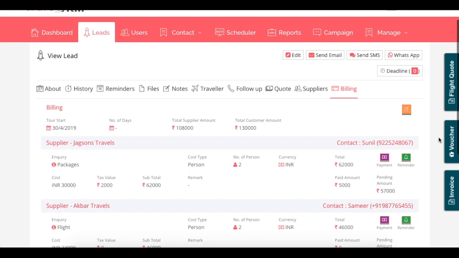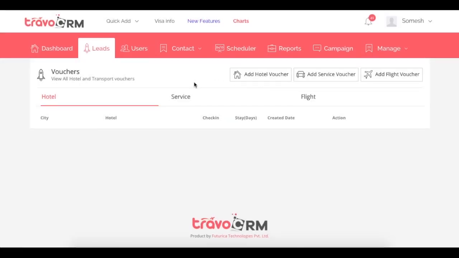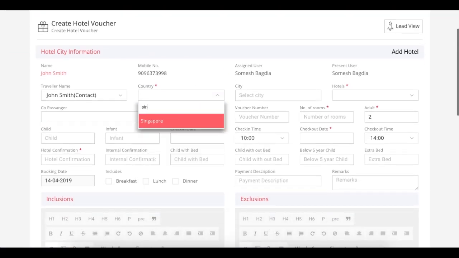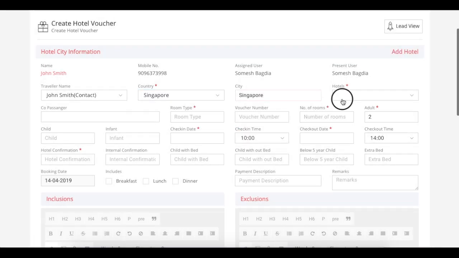In TravoCRM, you can actually generate vouchers as well. There are three types of vouchers. You can create the hotel voucher, the service voucher, and the flight voucher. Let's say we'll create a hotel voucher. It will ask you for the basic details that you are giving the voucher for. Let's say Singapore, and the hotel is just one, the type is standard. The voucher number is auto generated. If you want to have your own system, you can add the voucher number over here. The number of rooms,